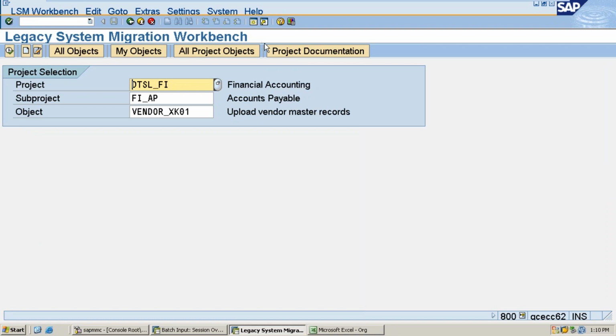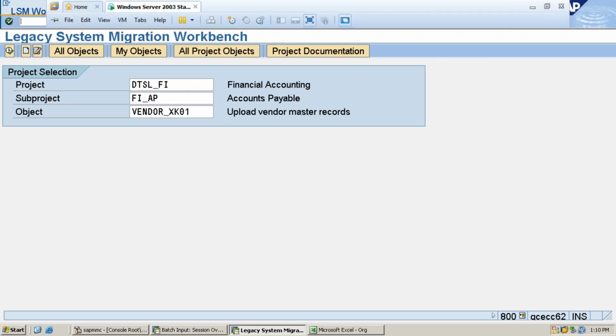He is asking, by mistake I have uploaded 5 wrong vendor master records, what to do? You know how to delete a vendor master record manually. Apply the same logic and delete it manually. There is no other option through LSMW. But if you have posted any transaction, it is not possible to delete it. Since you haven't posted any transactions, it is possible to delete it. By using the OBR2 transaction code you can delete it. How to delete, you know? Go to OB.